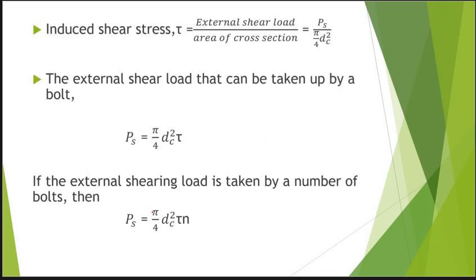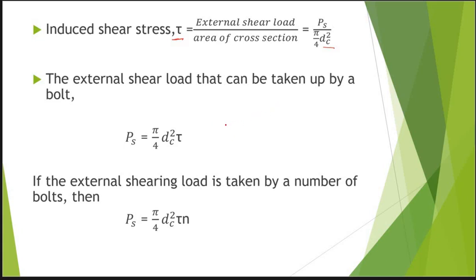So how can we calculate the induced shear stress? Induced shear stress is denoted by the symbol tau. Similar to normal stress or tensile stress, induced shear stress tau is equal to external shear load divided by area of cross section, which is equal to PS, we are denoting the shear load as PS, divided by pi by 4 dc square, where dc is the core diameter. Then if we know the material of the bolt, from the tables we can find the allowable shear stress